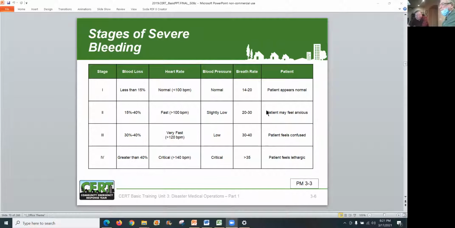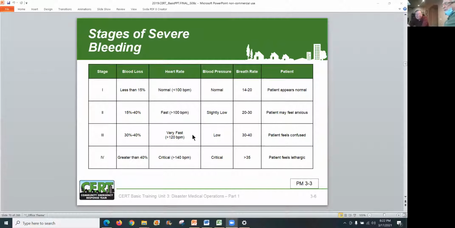Those first 2 categories, you could say is walking wounded, would you say? Yeah. And then about the third line, would you say that's concern, but it can wait? And that last line is first person to get to the ambulance and get to the hospital. Yeah. Is that what you're trying to tell us? Yeah. Especially number 3. Blood pulse over 120.